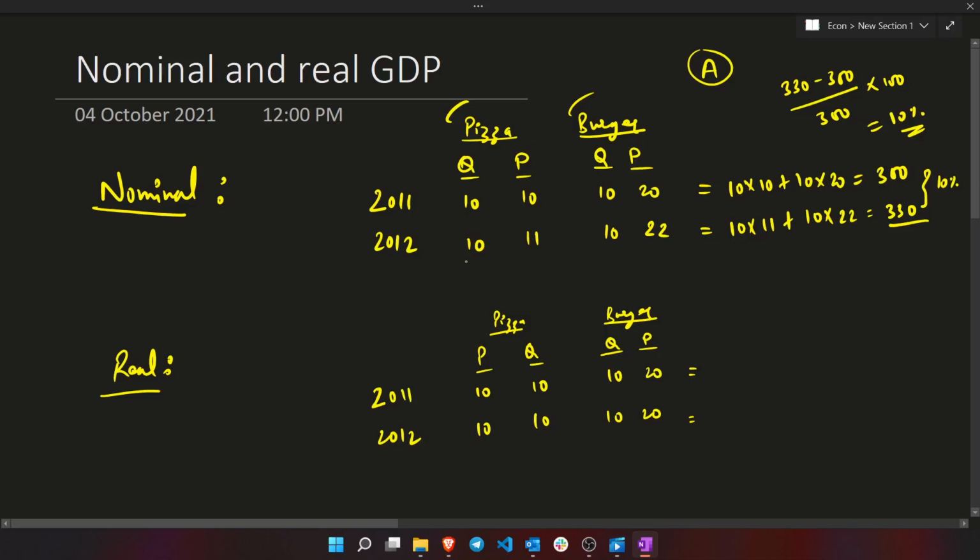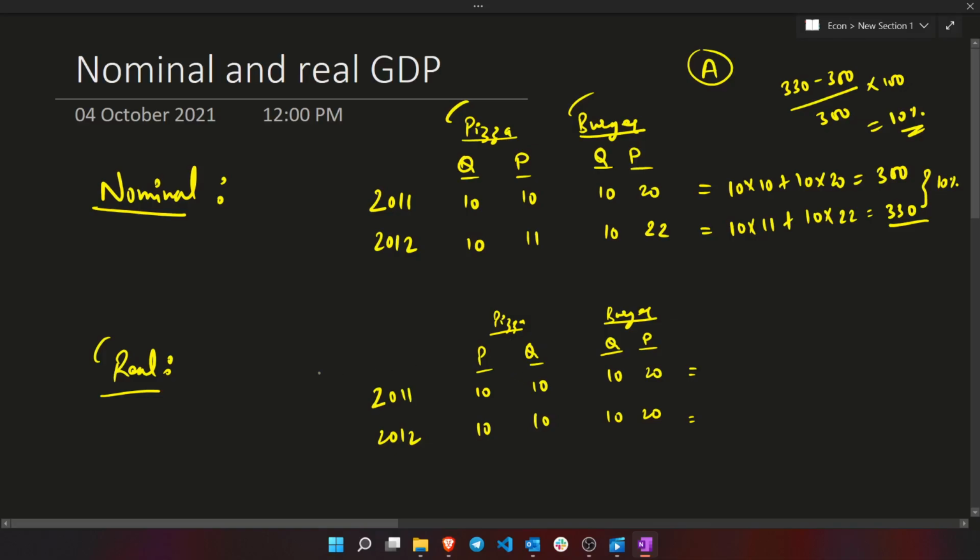But GDP is supposed to measure the output as well, right? So it's the total goods and services that are produced within the country. So why are the prices inflating the figure? That's why we use something called real GDP. In this case, we take a base year and then we keep the prices constant based on